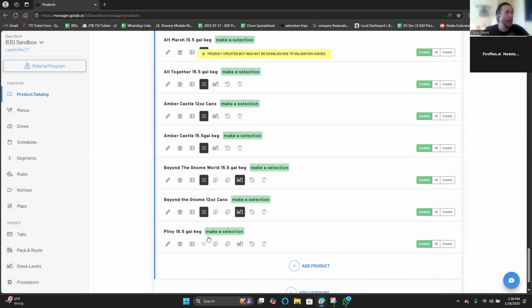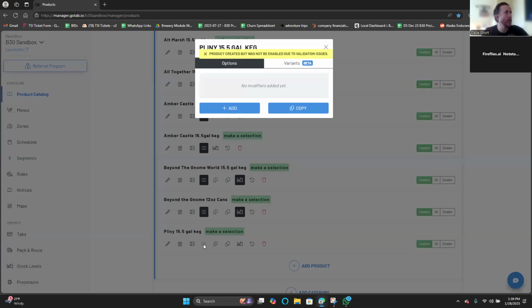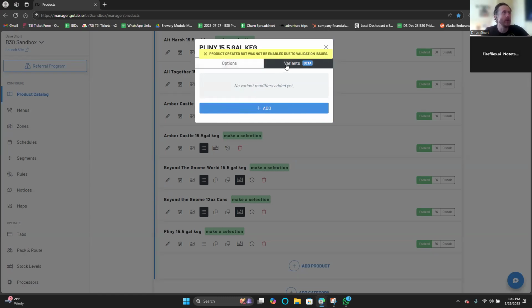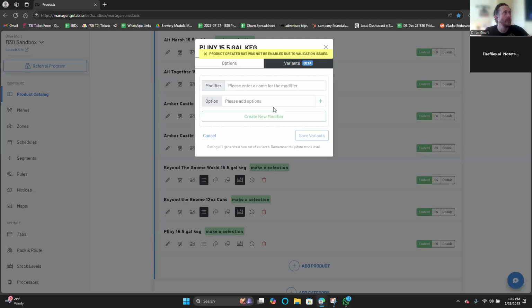We see our keg here. We're going to click this little icon here. Okay. We need to set this up with variants and bulk variants. Okay. I'll show you how that works. We're going to set up variants, add. We're going to add a